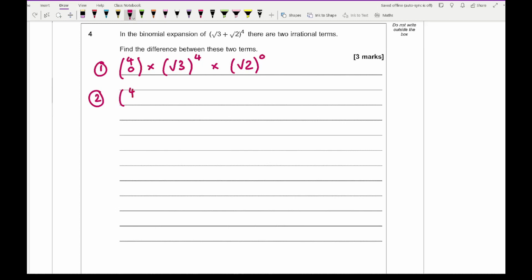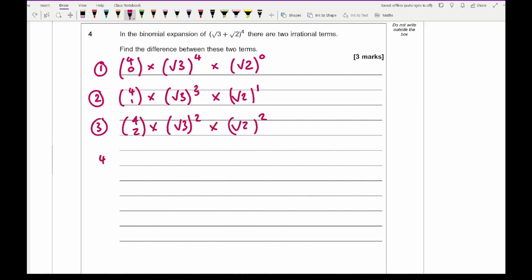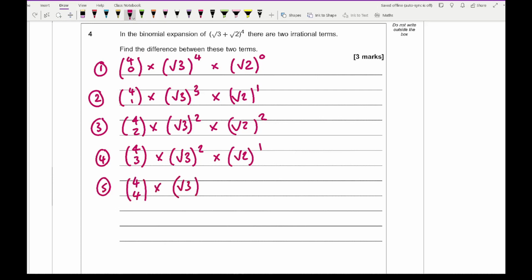The second term, so again 4, 1, and I've got root 3 squared to the power of 3 times root 2 to the power of 1. Then the third term is going to be 4, 2, and root 3 squared times root 2 squared. Fourth term is 4, 3, and then the final term is going to be 4, 4 times root 3 to the power of, well, that